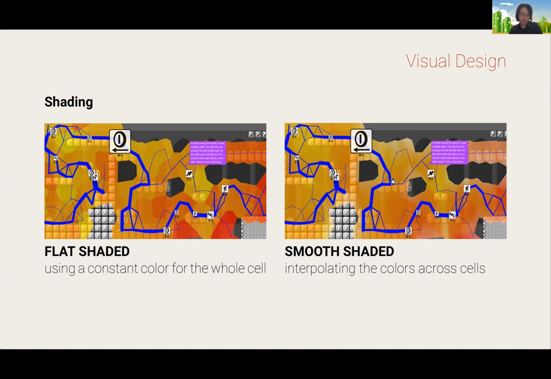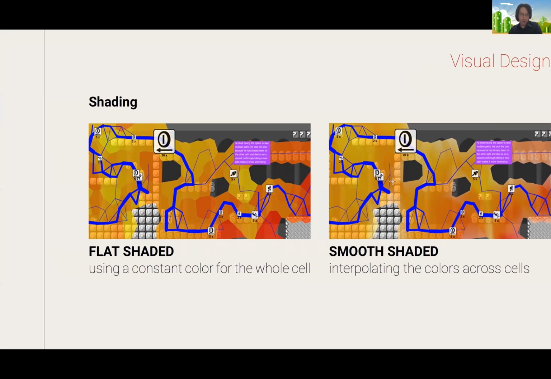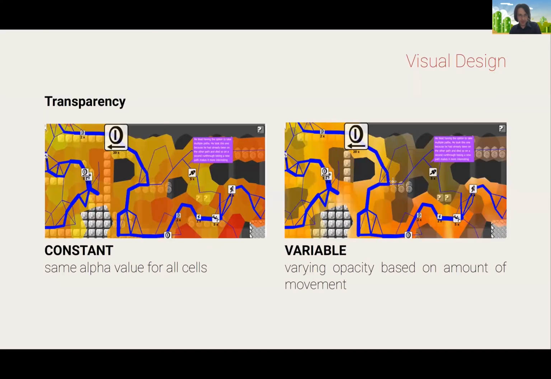And then we also created two versions for the transparency. So we had one version where we used the same opacity for all the cells, independent of movement. And we created another one where we varied the opacity based on the amount of movement. So basically the initial design we had. And then we combined those